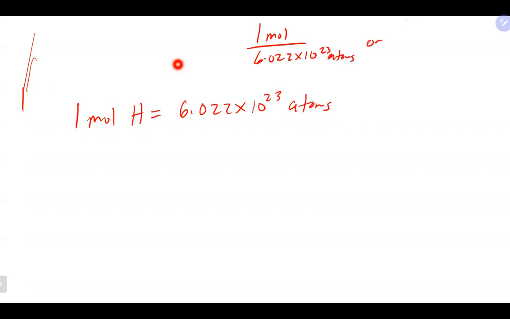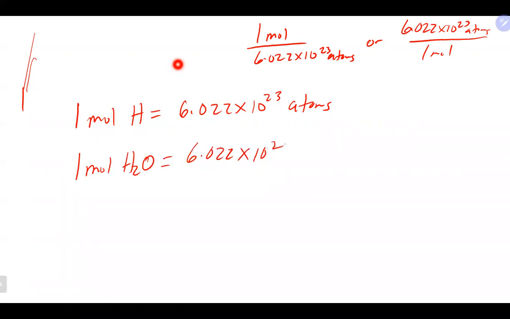Or you could do it the opposite way around, use Avogadro's number up on top. You also can relate it to things that are not atoms, but things that are molecules. So for example, if I had 1 mole of water, which is a molecule, that would be 6.022 times 10 to the 23 molecules of water. And once again, you can write the same type of conversion factors, 1 mole of water over Avogadro's number of molecules,